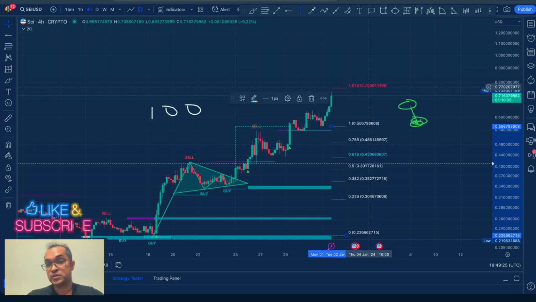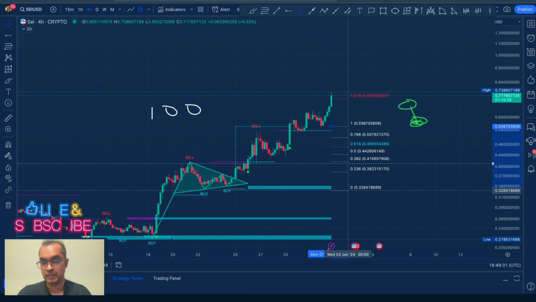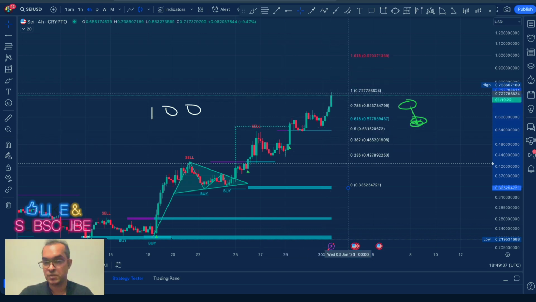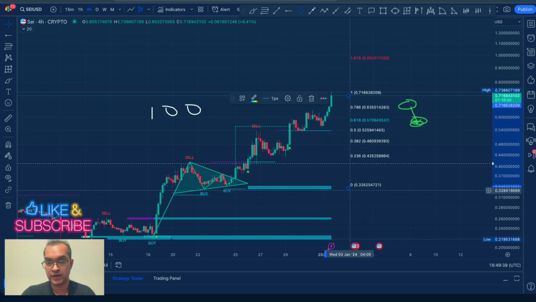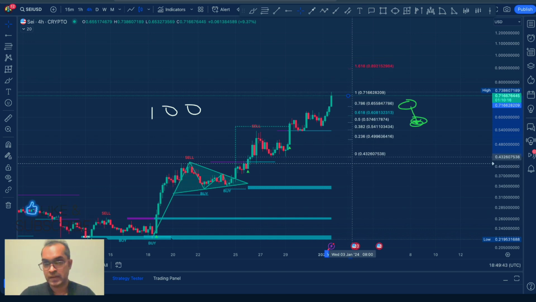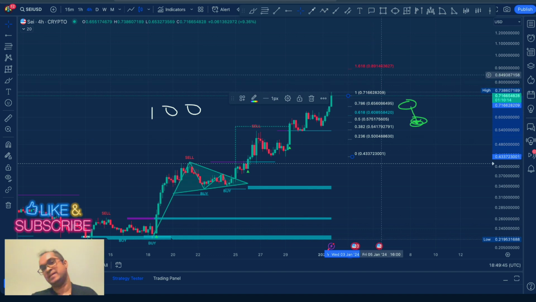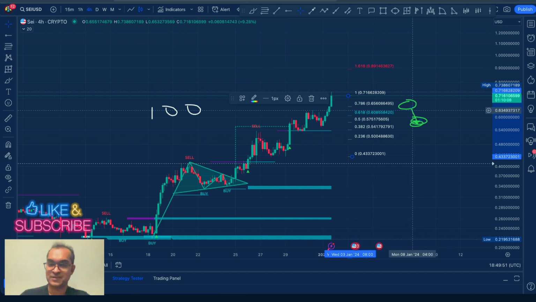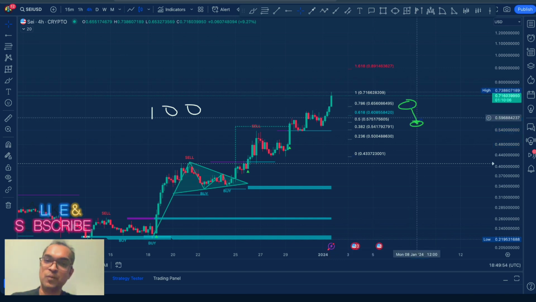So all I'm doing is just adjusting my Fibonacci's from the bottom of the market to the top, and it doesn't matter where I put it, whether I put it here, I mean, we've beat those targets. So all I'm doing, I'm just using these bottom areas. Obviously today I've got to use something different, so I want to use that one. And the bottom of my range now is pretty much around here, I would say. So that gives me about 89 cents, right? These are not set in stone. That's what you have to understand. These numbers are not set in stone. But the point is when we look at them,